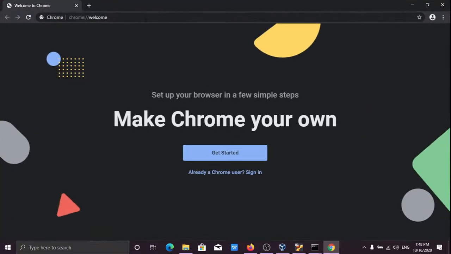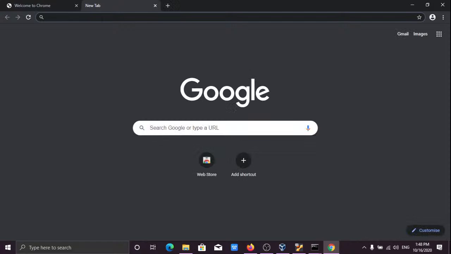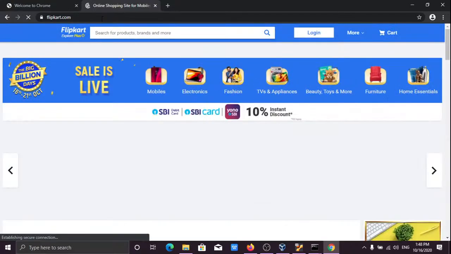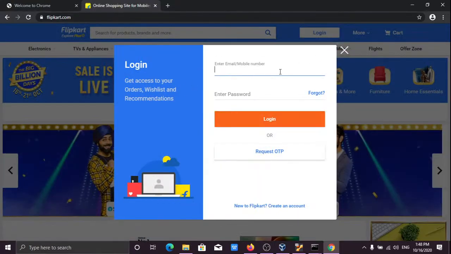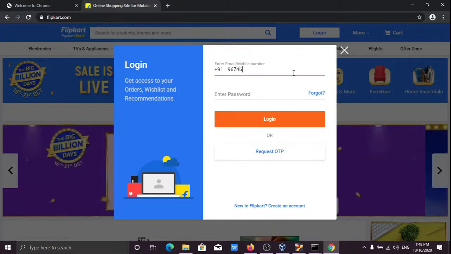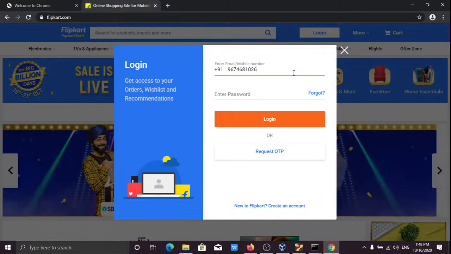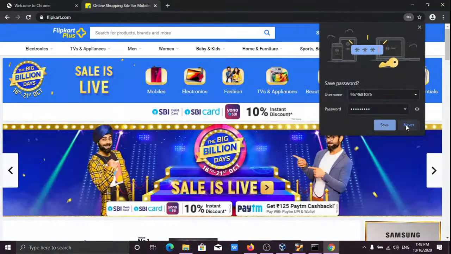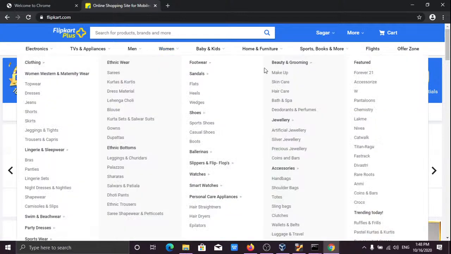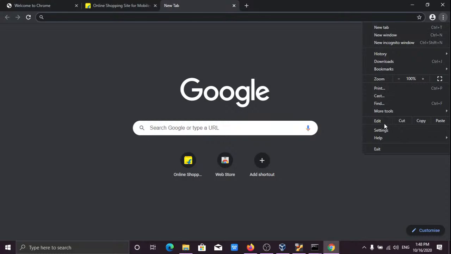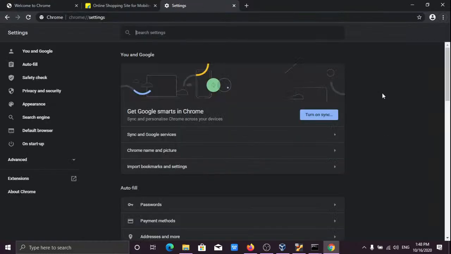Okay, all right. So in Google Chrome, as I have told you, if I just go to flipkart.com and try to log into it, I'm just logging in. If I log in here, never save the password, never. Once I have logged in, that is fine. Now if I go to the settings part of the browser,